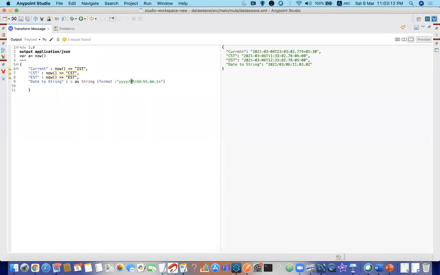Don't, if you write mm here, you will be out of box. So you can see this is showing 03 because 03 minutes is happening over here. It is a coincidence. 03 is also a month, March. But mm is minutes, so please use capital MM. This is how you need to convert into string. Any kind of format, if I want a hyphen, I can give a hyphen only if it is a valid date.